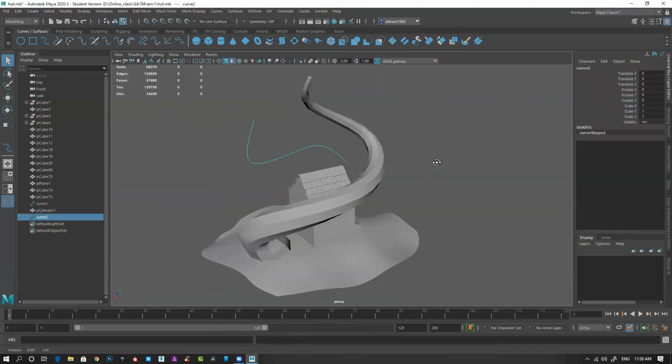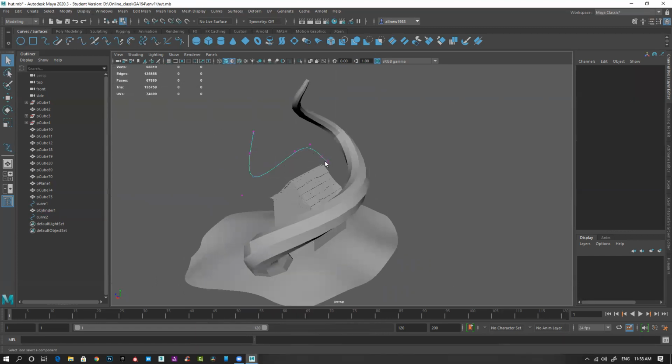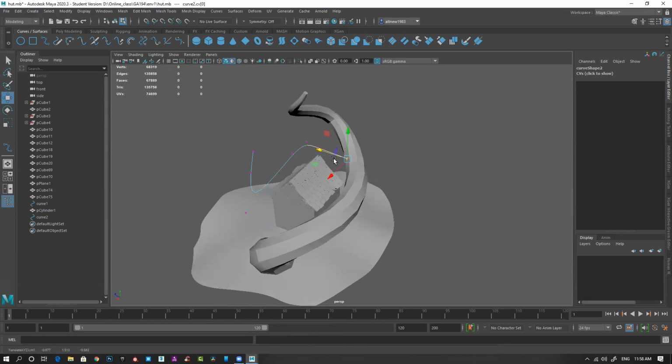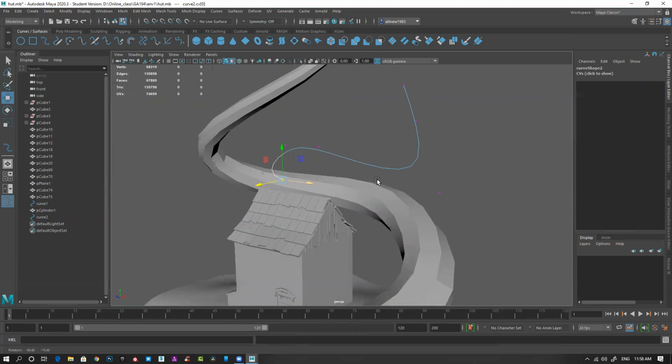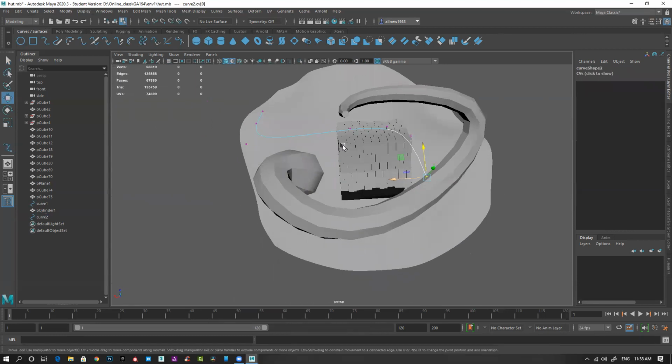Go here. Vertex point. Just make sure it's starting somewhere from the branch. Give it a nice curvy feel.